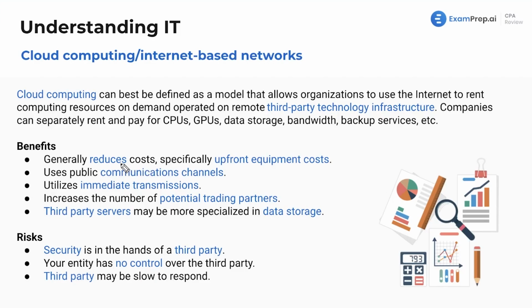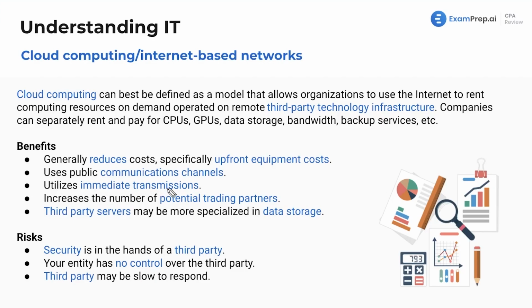It's maintained by a larger company that has economies of scale. Amazon Web Services is going to deal with all of that for you. We're not going to have to buy our own technology infrastructure. It uses public communications channels, which ties into some of the risks because security is in the hands of the third party. So yes, maybe you're not the best at security as a company, but at least it's in your own hands. When you use Google Drive, iCloud, and Amazon Web Services, the security is in the hands of those companies. Maybe those companies are better at security. I don't know, but it's for better or for worse. Security is in the hands of the third party. You're relinquishing control of that, right?